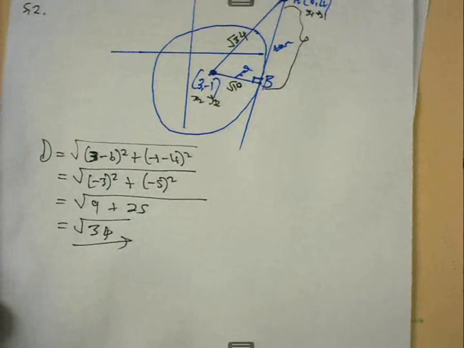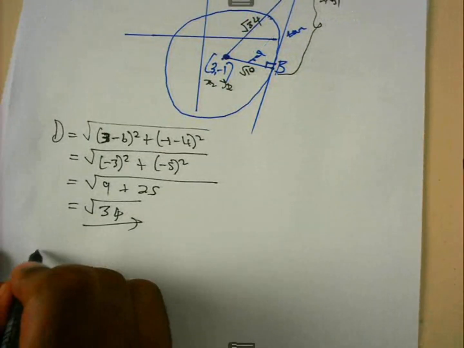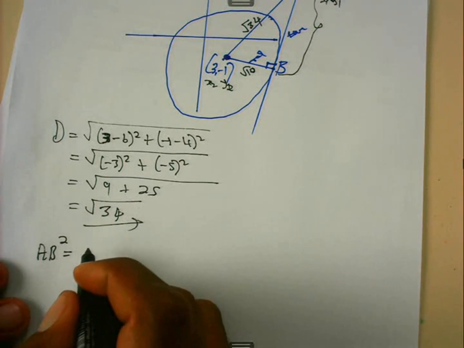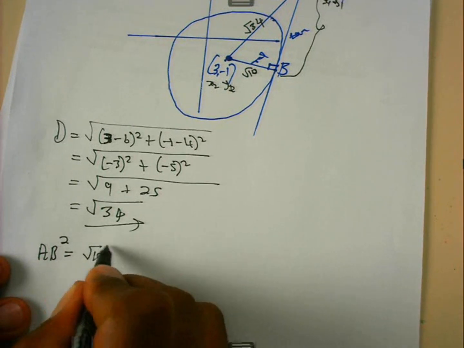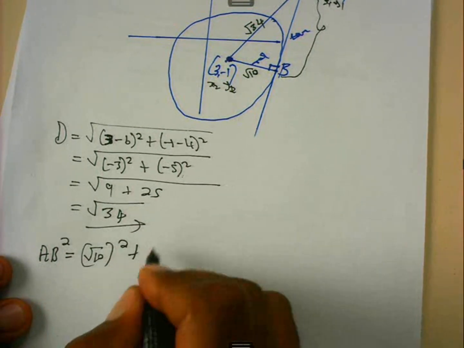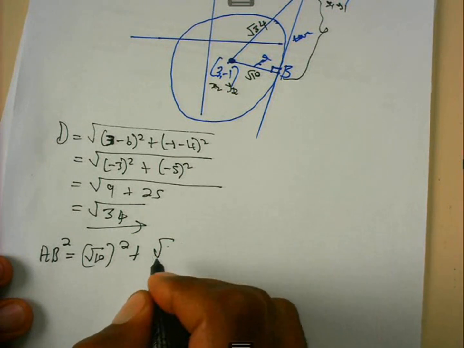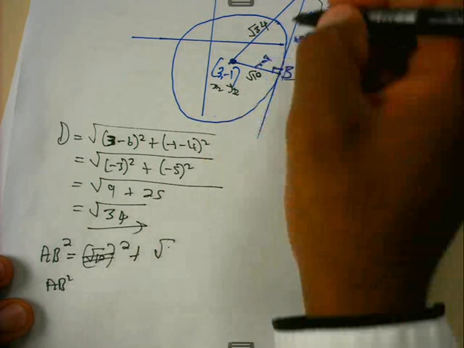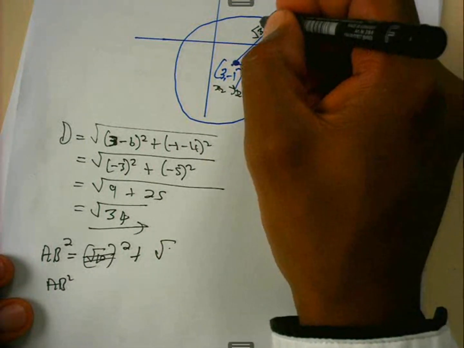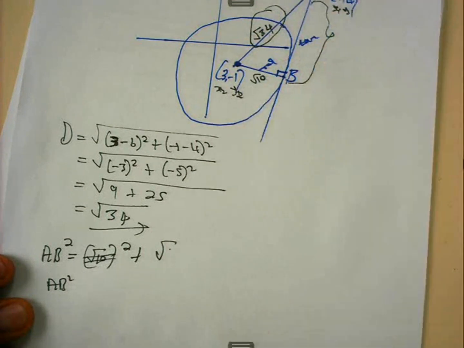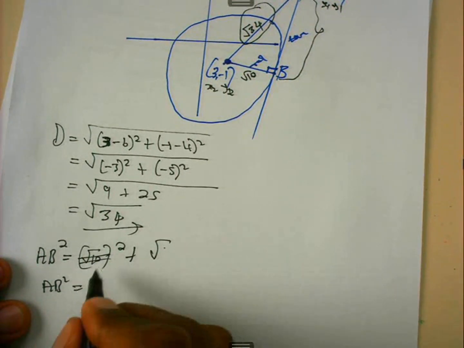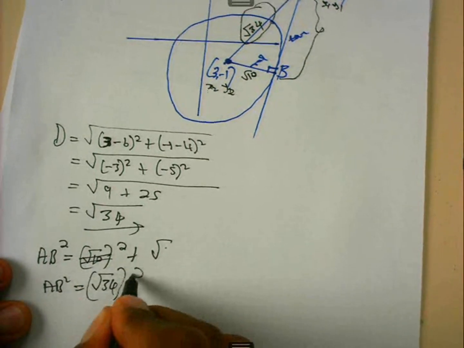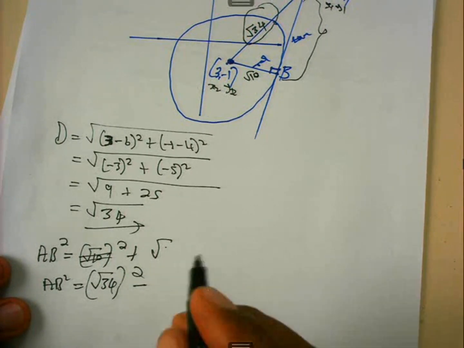Right, boys and girls, now I can say the distance of AB. AB squared is this side. Now we need to identify the hypotenuse side. The bigger side, of course, is this one here. So AB squared will be the bigger side, the square root of 34 all squared, minus